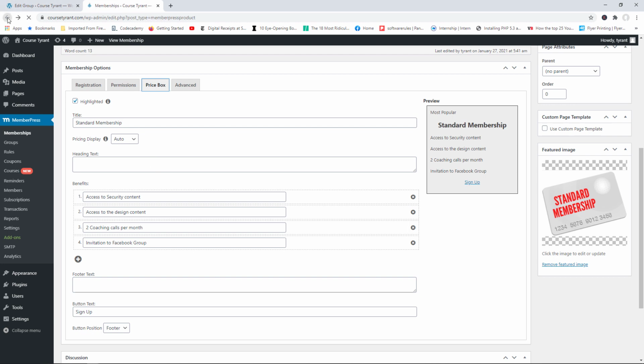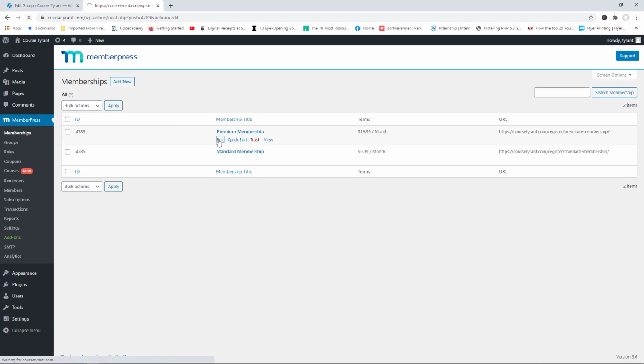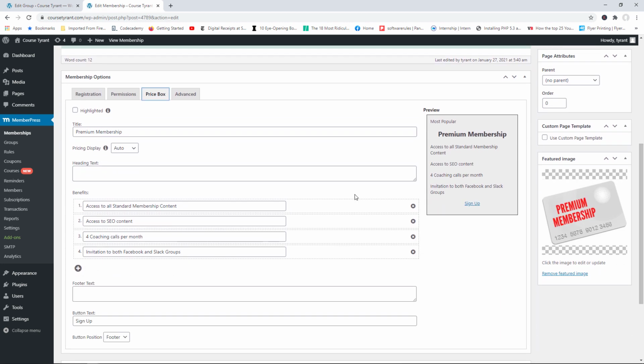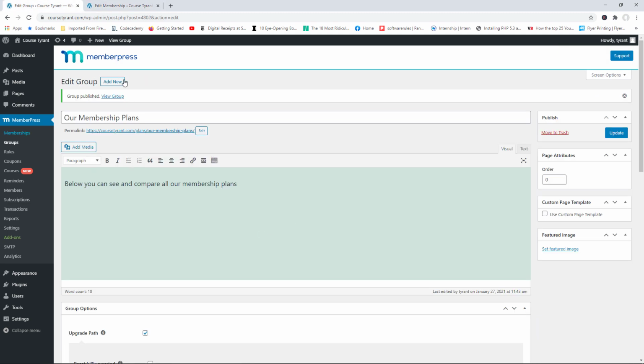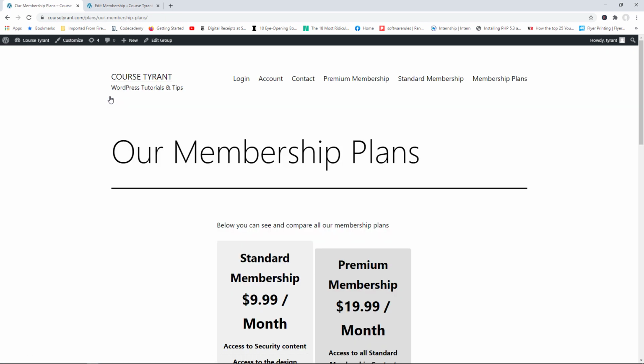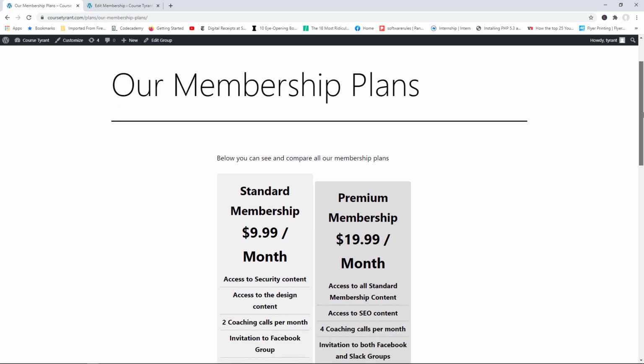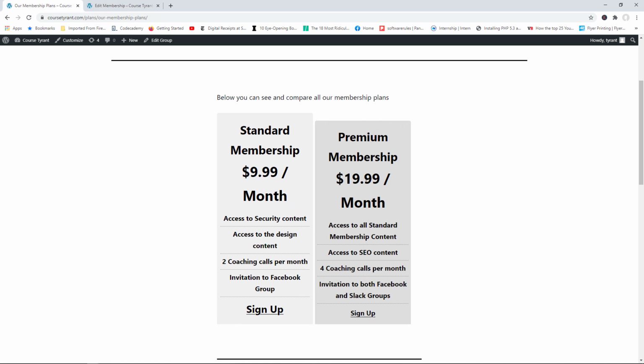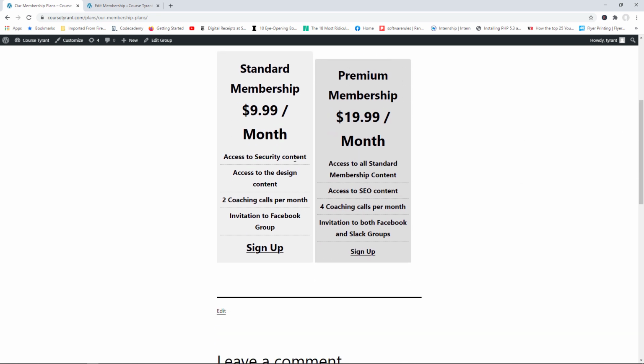Okay, and then for the premium membership plan, I did something similar. I added 3 more features. I said access to SEO content, 4 coaching calls per month, and then invitation to both Facebook and Slack groups. Okay, so now if we go over to our group and we click on view group, take a look at this. We now have both tables right here. We have all the features, and then we have the sign up button